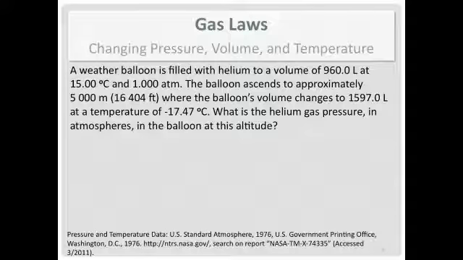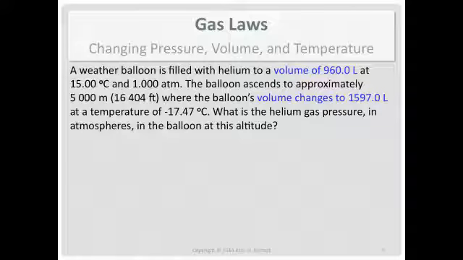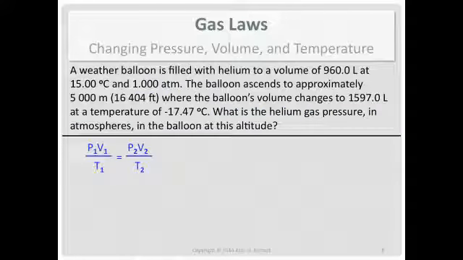There are multiple gas law formulas to use in this section. So which one do you use? Well, I know my initial volume and my final volume, so volume's changing. I have an initial temperature and the final temperature, that's changing. And I have an initial pressure, and I want to know the final pressure. You see, that's why you want to step through the problem and look at the information, because based on this, pressure's changing, volume's changing, temperature's changing. That suggests that this is a combined gas law problem.